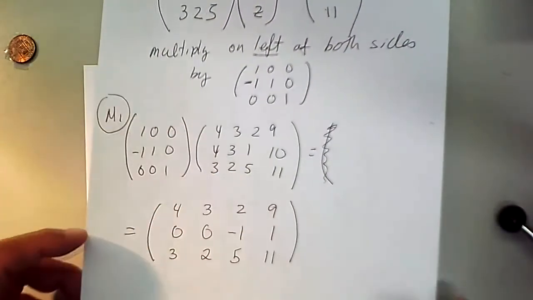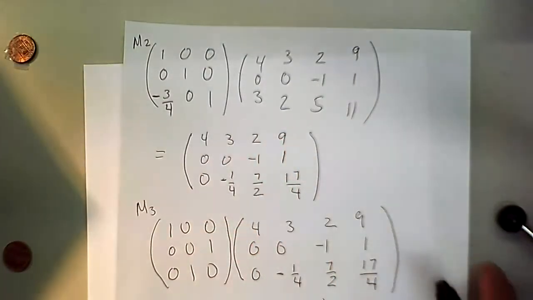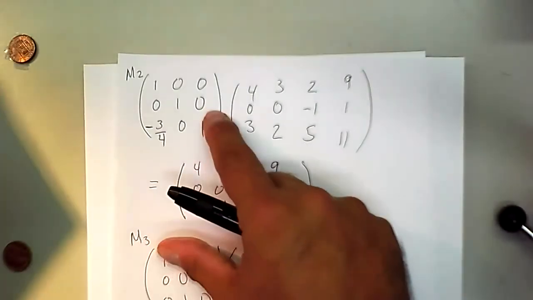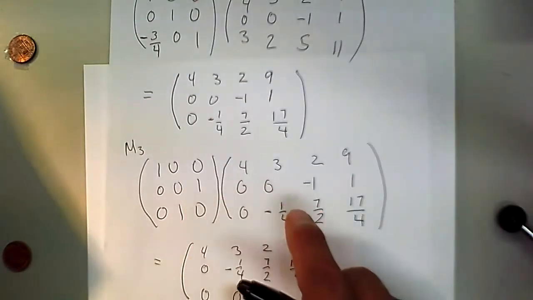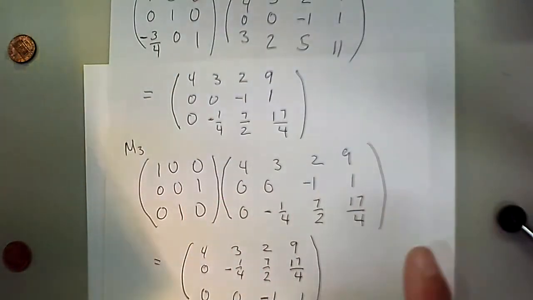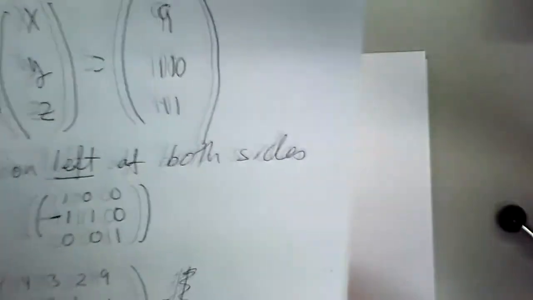Multiply with M1 on the left, multiply with M2 on the left, and then we multiplied with M3 on the left. Can we consolidate all of those matrices into one matrix? So we're still on example 3, and the question is,